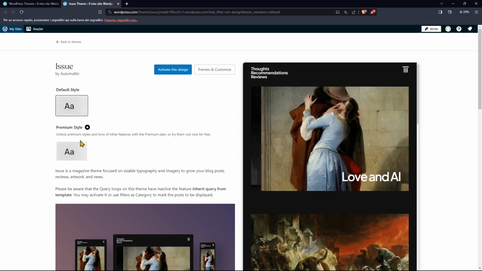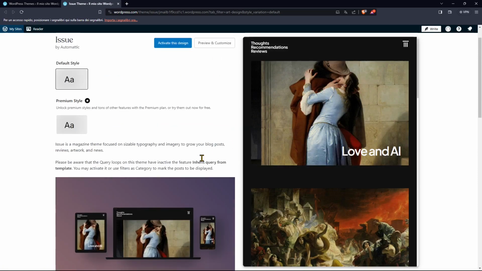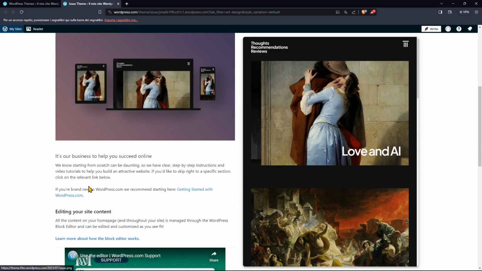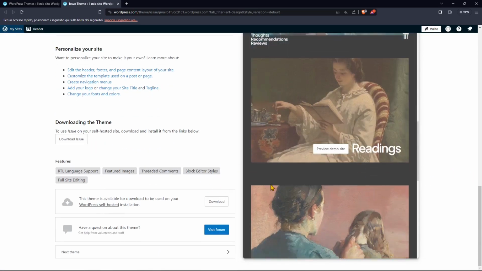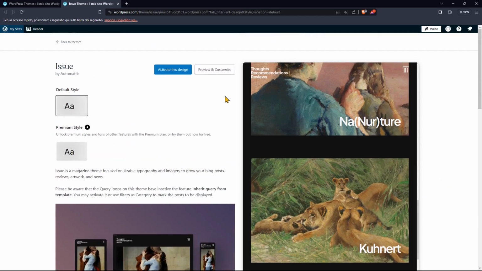You can also choose the font sometimes, or sometimes you need a premium version to decide if you want another font. But here in the preview, you can check how the look will be in the various devices like tablet, desktop, laptop, and smartphones. And again, you can scroll down, see other information about this. You can also download it. If you downloaded WordPress on your computer to use it locally, you can just download and install it in your local version of WordPress on your computer. And you can activate from here. So if you click,